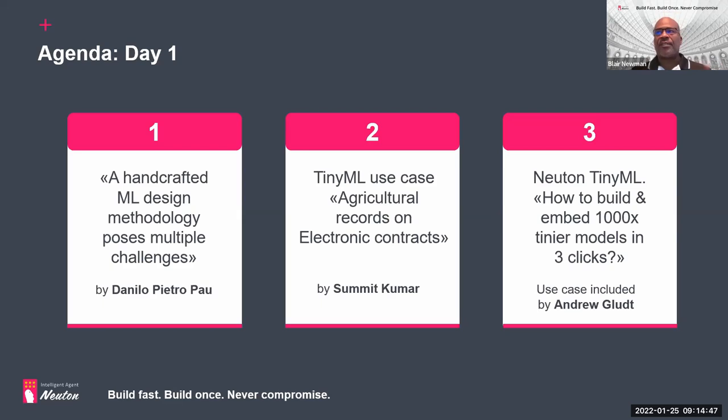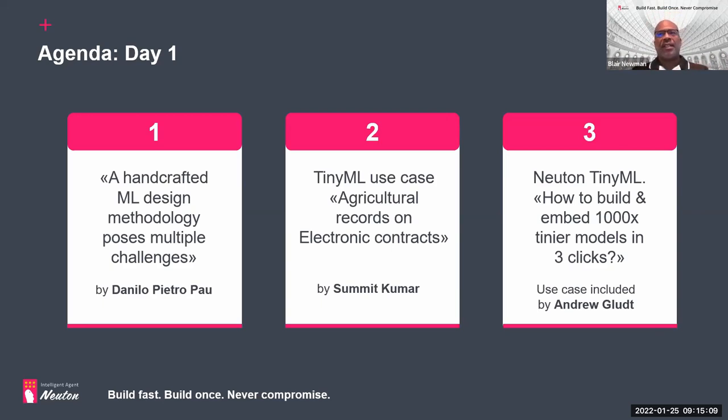Now, one of the areas that I've mentioned is that TinyML covers a number of different areas. Of course, it not only covers the hardware side, but also machine learning, et cetera. And one of the things I wanted to share with you is that it also covers a number of different areas as it relates to experience.